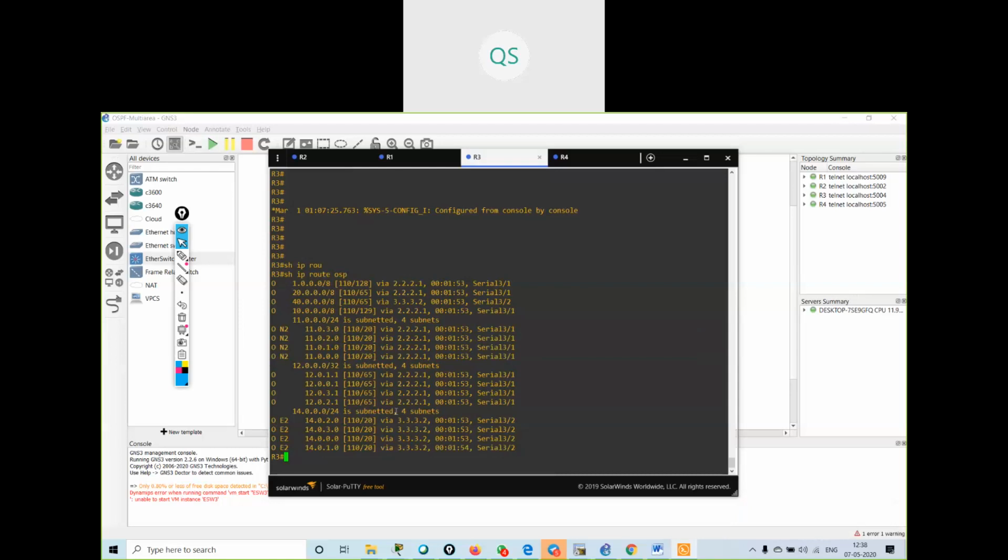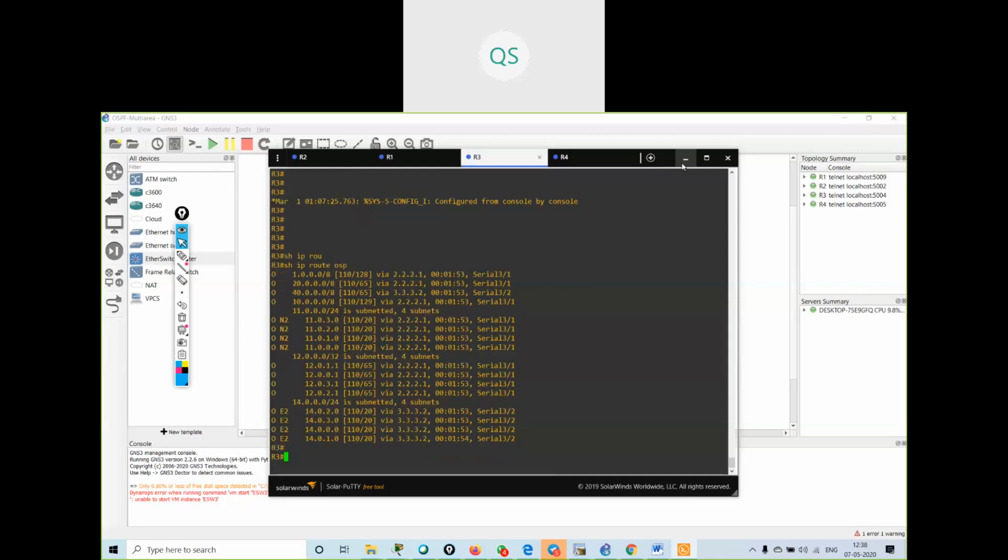Understood what is totally NSSA? Totally NSSA works as totally stub. It will not give me the LSA 3 information, but it will allow the external routes also. Understood?